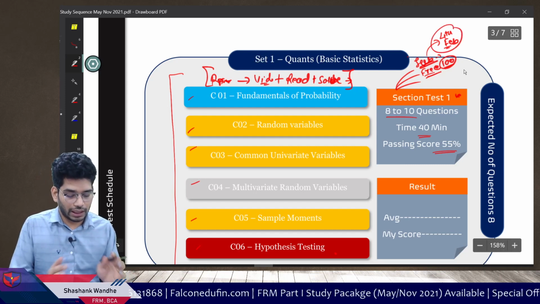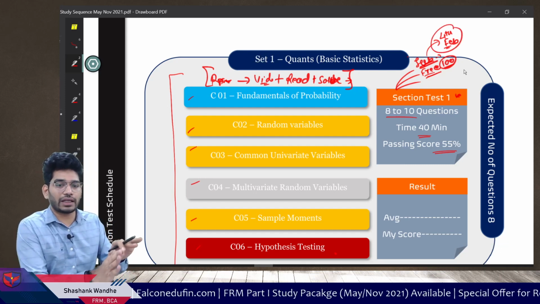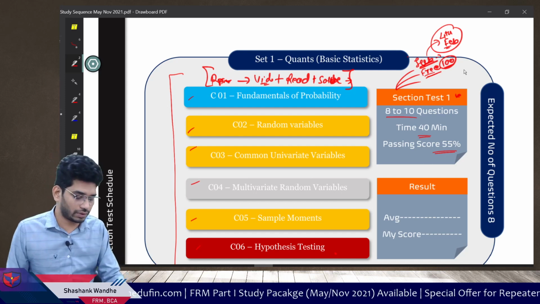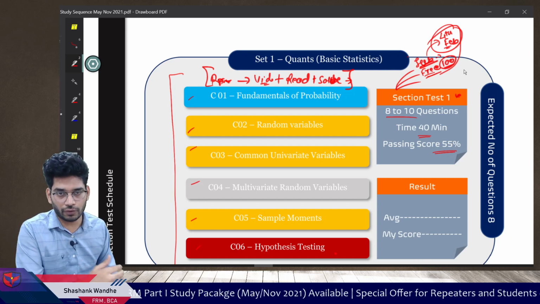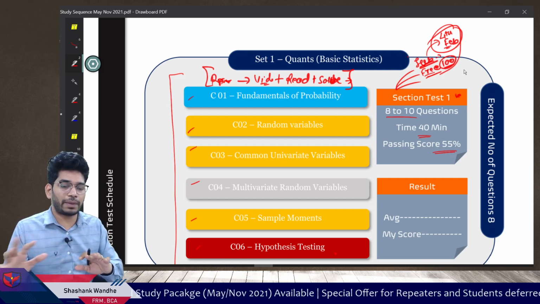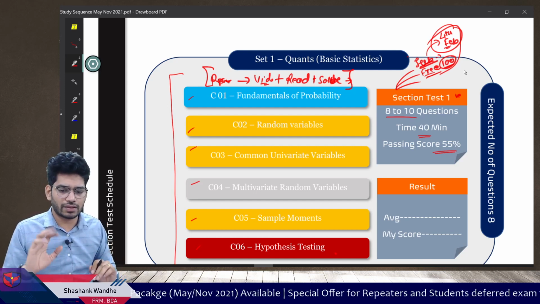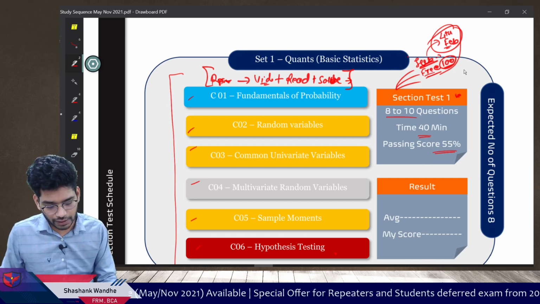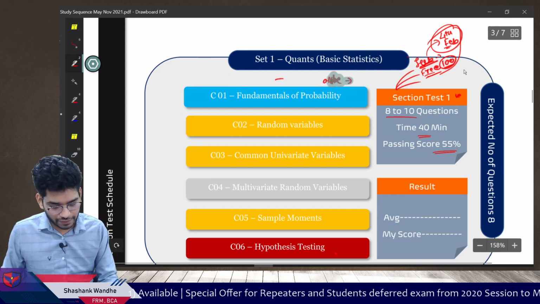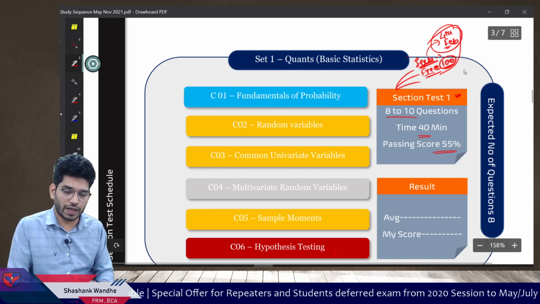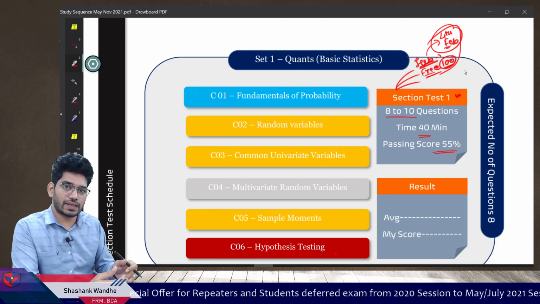Okay, so how you should prepare. Now I'm just assuming that you are going to appear for a test. Consider everything, both the tests. Say you have a test on the 4th Feb. So instead of preparing or thinking about the whole syllabus, just take these 6 chapters. Prepare these 6 chapters. Finish your syllabus of set 1, and then appear for the test.